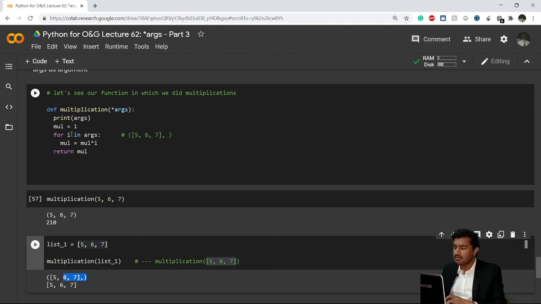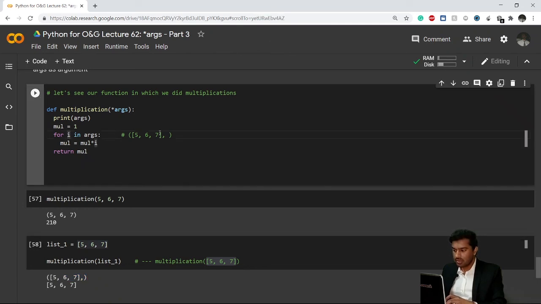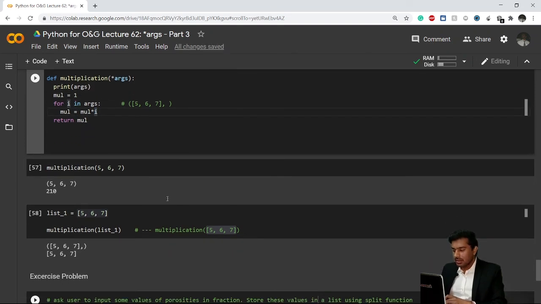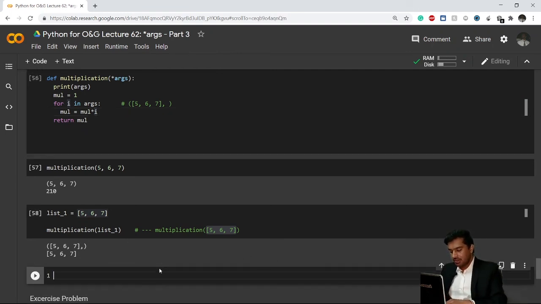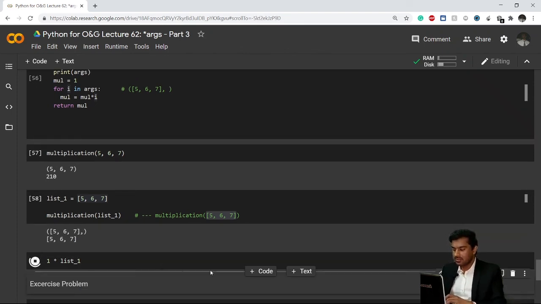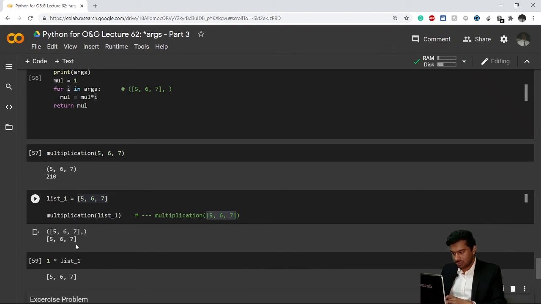Whenever I run a loop inside my tuple, my first element becomes the whole list. So it is multiplying the whole list by the value 1. What happens when we multiply a list by an integer? We can see manually: 1 times list1 will repeat my list one time, which is the response we are getting.